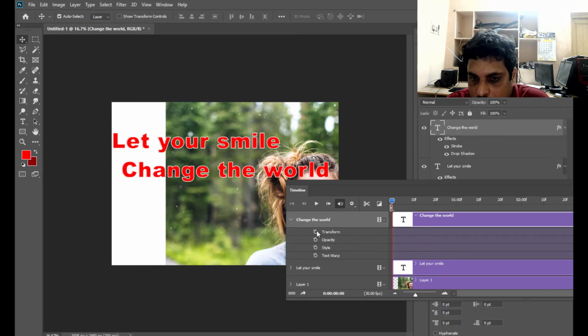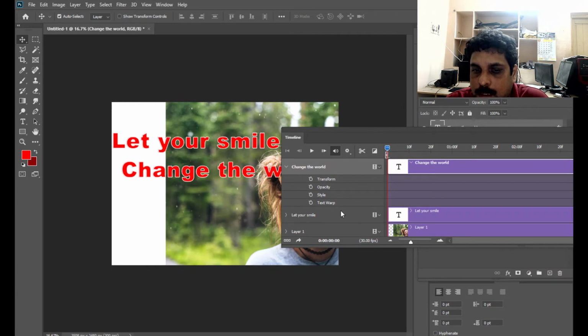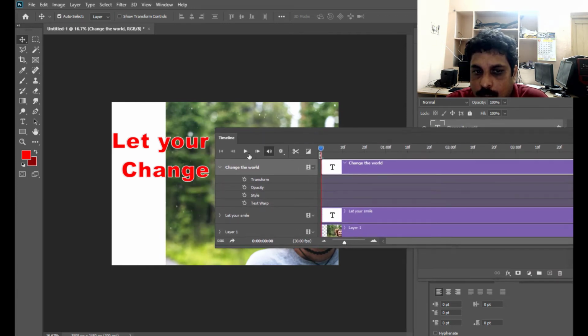And to the left you can see the stopwatch. The stopwatch is going to create keys for your animation. You can just click on play, and the animation will play.